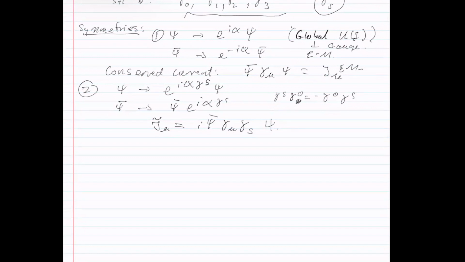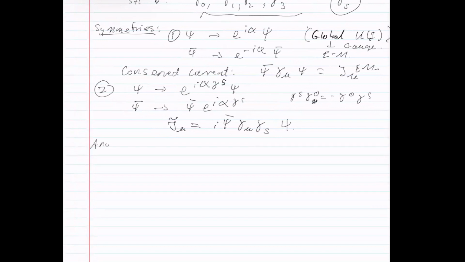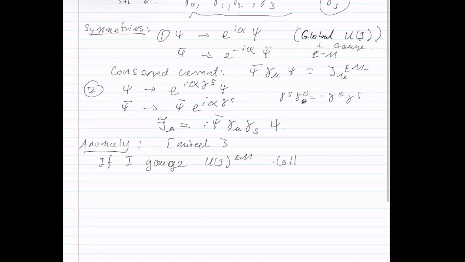And so what is the anomaly? We call it a mixed anomaly. It basically says, if I gauge the U(1) electromagnetic symmetry, and what I mean by this, as we'll see in a minute, is that I allow background electromagnetic fields, i.e. F mu nu is not going to be 0, then